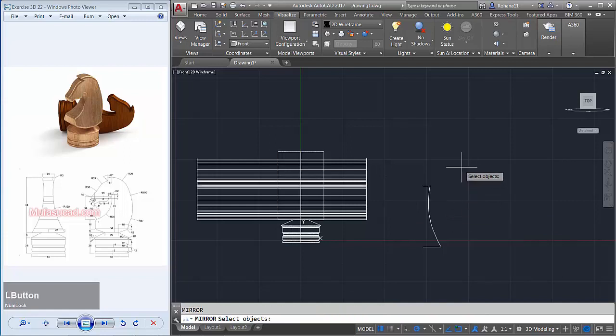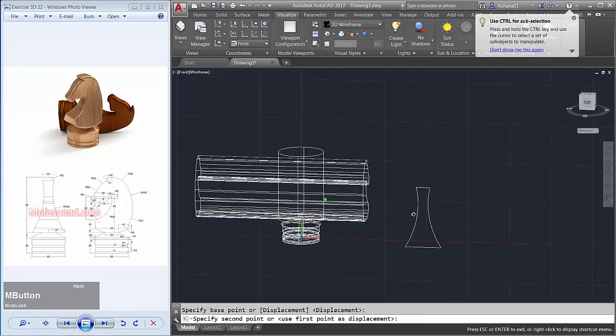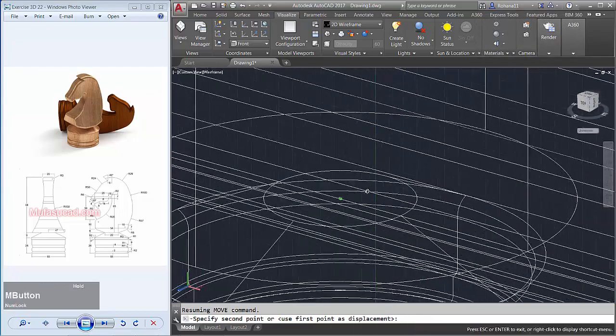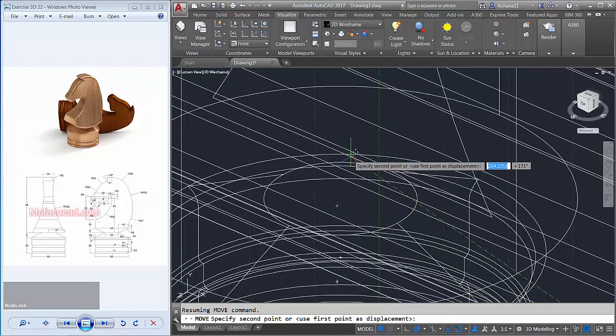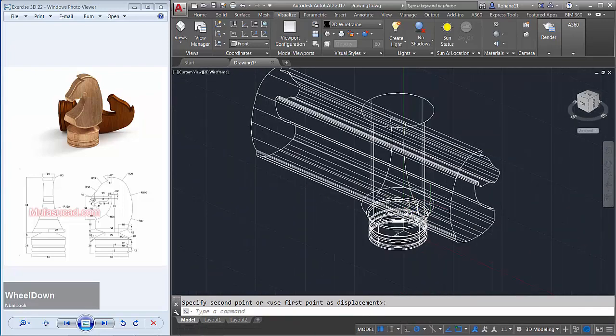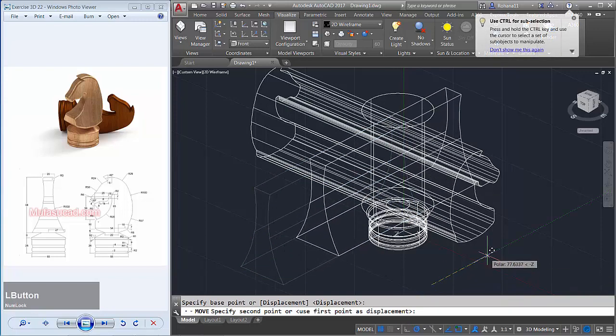Okay, mirror this object from this point to the bottom, and then use the join command to convert it into a polyline object. Okay, this has already been converted into a polyline. I will move this 2D object from this middle point to the center point of the circle here. Okay, I will select this point, the circle, and this point, and then extrude this object to this point, and move this object to the bottom here.